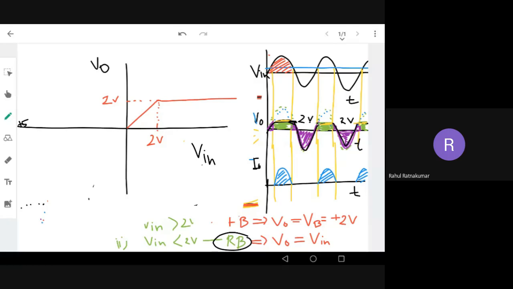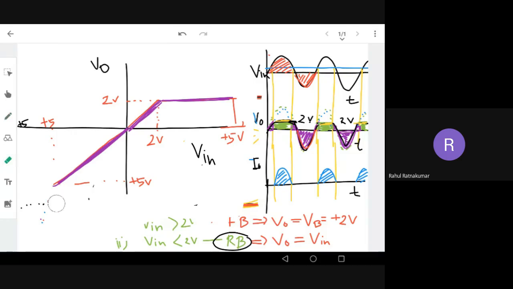Clear? Now in the reverse case, when V in is a negative voltage, less than 0 volt, what happens? My V out is following my V in, right? So it will be simply like this. Okay, so this is my V out versus V in graph. And this is the maximum voltage: my V in maximum is reaching plus 5 volt, and V out is also plus 5 volt. The main thing is your graph has to be in this shape: it increases and at 2 volt it is saturated. That's it. This is the more important thing. You can analyze the circuit and you'll be able to draw V out versus V in.